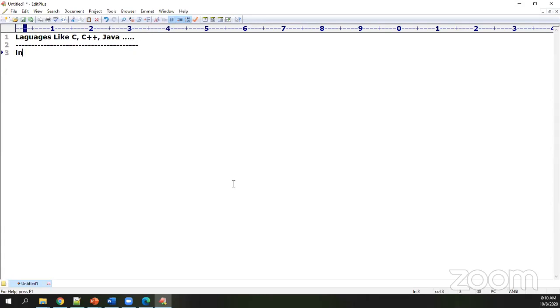Meaning I can say int A is assigned as, B is assigned as, C is assigned as 10. Can I do that? Can I do that in languages like C, C++, and Java? So we can definitely do this kind of declaration when we are working with the construct and composition of languages like C, C++, and Java. We call this cascading style.